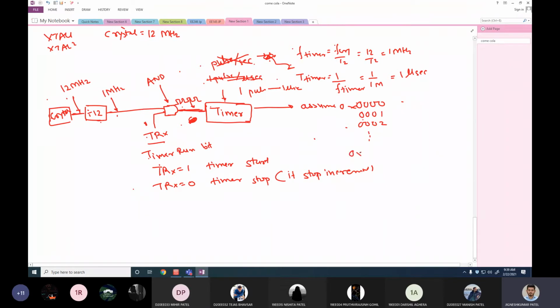At one point of time, it will reach this point, the largest possible number. What will happen if I still go on and one more pulse appears over here? Again, it will increment, but as soon as it increments, it will get 0000. Now, why only 0000? Actually, what I'll get is 0x10000, but right now the timer is only 16 bits, so we are only able to see this part, and this would be my carry. Rather than that, let's say this is my overflow.